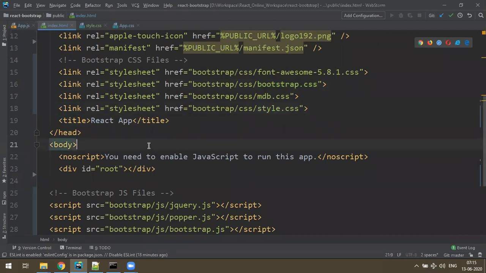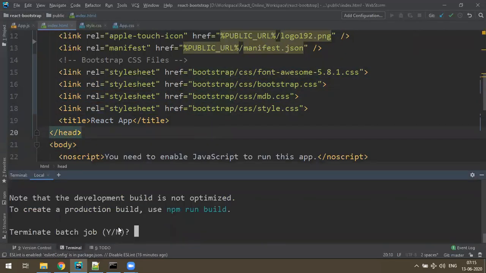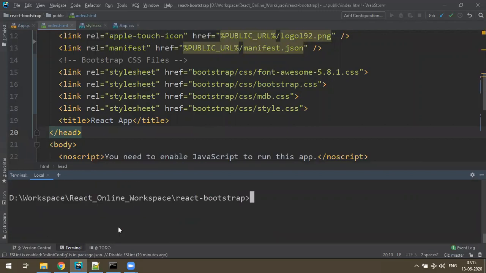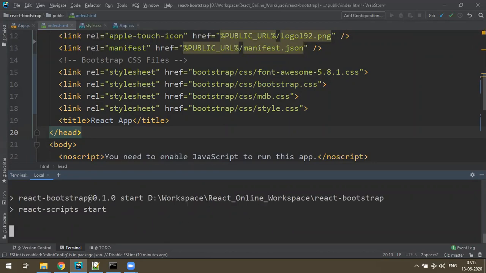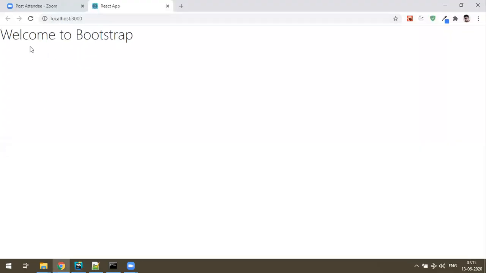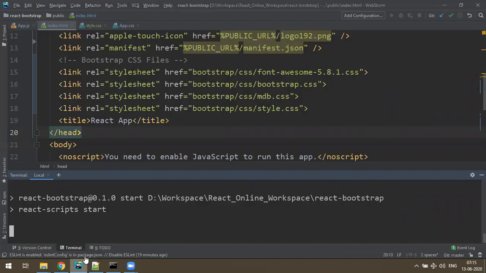Okay, fine. And now if you have configured Bootstrap, let me restart once, for the safe side, because it is done in a home page. So let me restart once. npm start. See, already connected to Bootstrap. That's fine, and I just wanted to restart again.